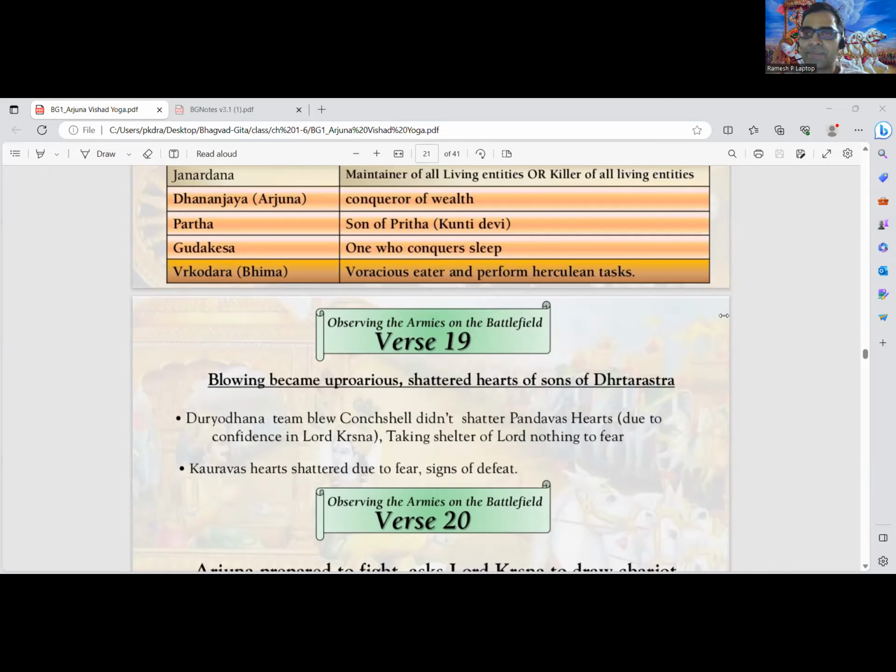Yes. Okay. And who else? Aishara Mataji, I saw your hand raised. You want to tell something, Mataji? Yes, Prabhuji, the Gandiva, the bow which Arjuna had, and also that day was Moksha Ekadasi. I think that's a fantastic point, Mataji. So that was also a pious day, right? So it was an Ekadashi, yeah.